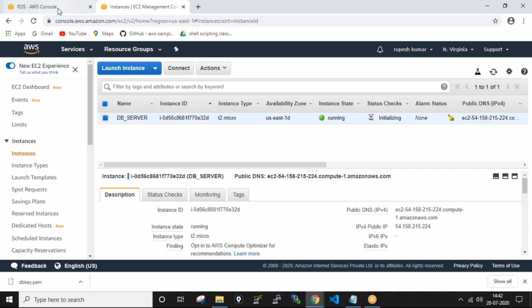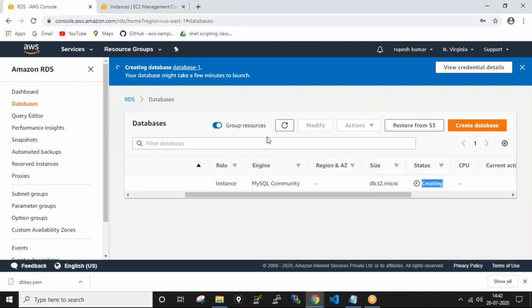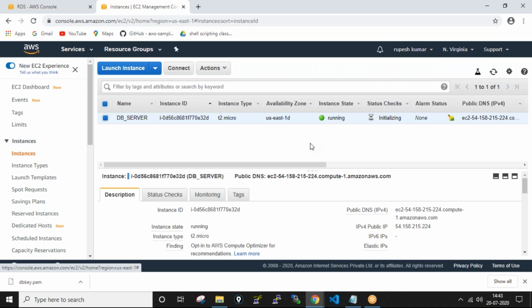Yes, so my server got launched now. Let me check the status here. So refresh it. It's creating. So we need to connect to the database now.